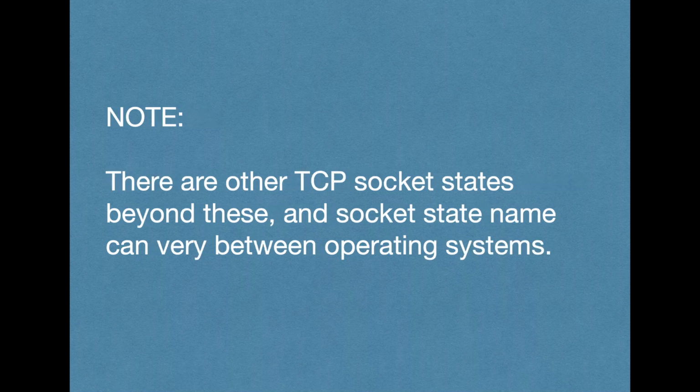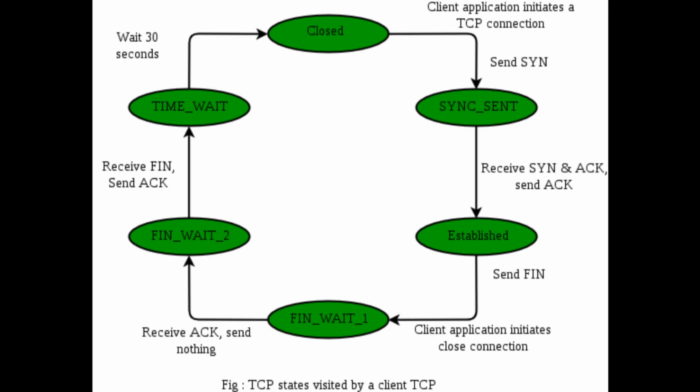It's essential to note that there are other TCP socket states beyond these, and socket state names can vary between operating systems. These states exist outside of the core TCP protocol, making them system-dependent. So, there you have it, an in-depth look at TCP socket states and their significance in troubleshooting network connectivity issues. Remember, when you're dealing with TCP problems, always check the exact socket state definitions for the specific systems you're working